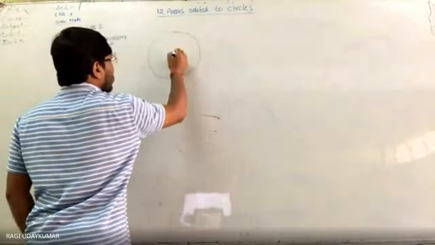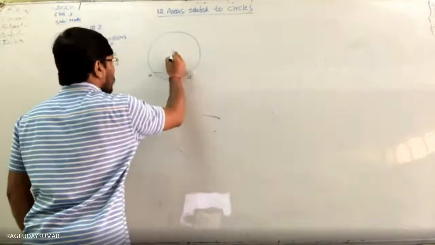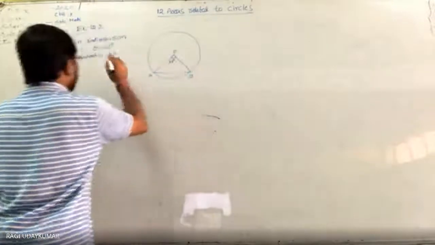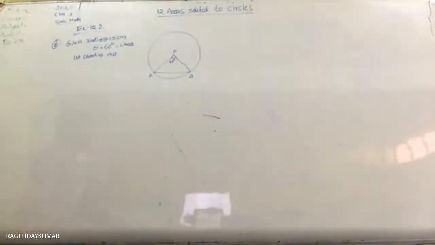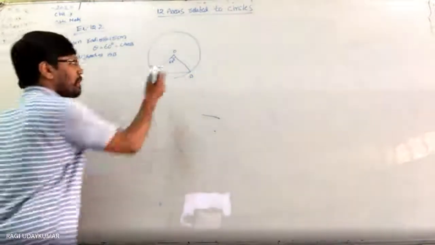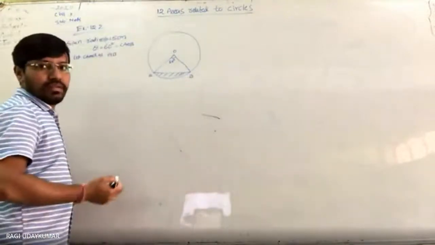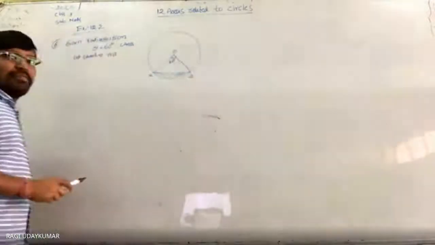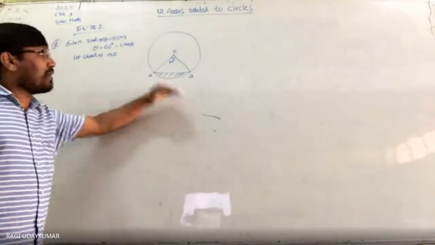So this is a circle, if you are taking it to consider. At the center of the circle, a chord, if you are taking AB, this is angle AOB as per our consideration. And the question is asking you to find the areas of the corresponding minor and major segments. This is the minor segment, and the major segment is nothing but this one. After finding the minor segment, subtract the minor segment area from the area of the circle. The major segment is nothing but this one.